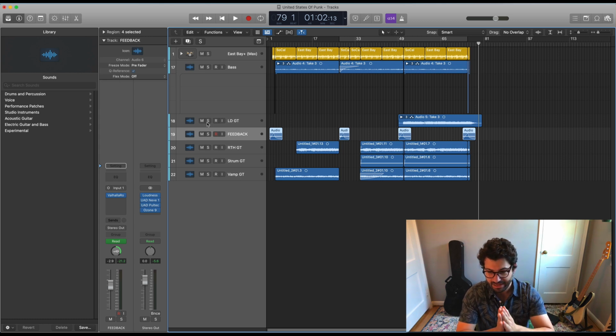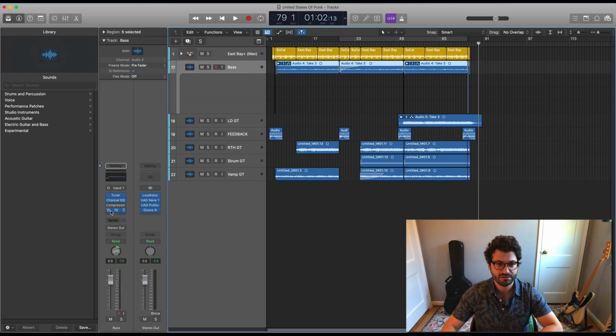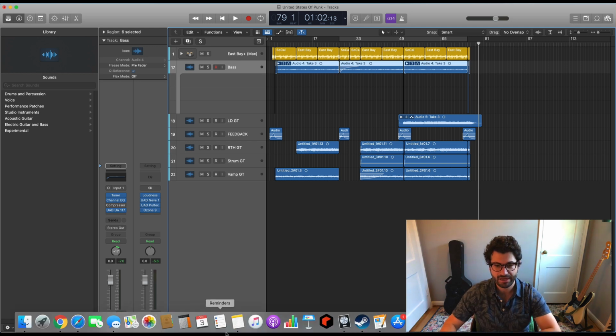Easily solved, but if your song itself has any UAD plugins on it, like I've got the Neve here and the Pultec on the track. I've got a 1176 compressor here. The latency gets all messed up. And like the monitoring just falls apart. So you have to wait until you're done recording your audio to add your UAD plugins into your project. Or you can just bypass them while you're recording and then turn them back on,